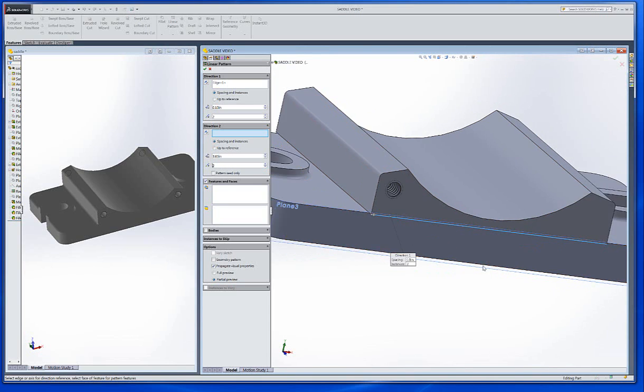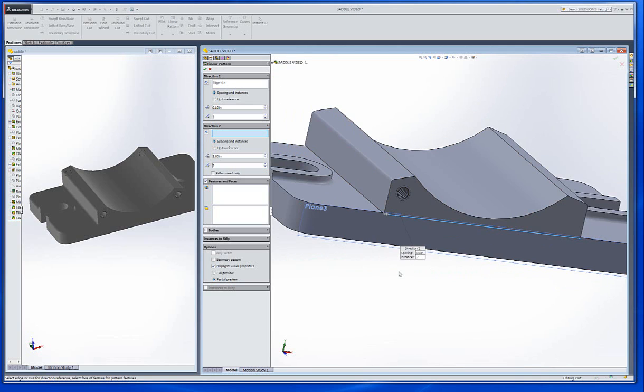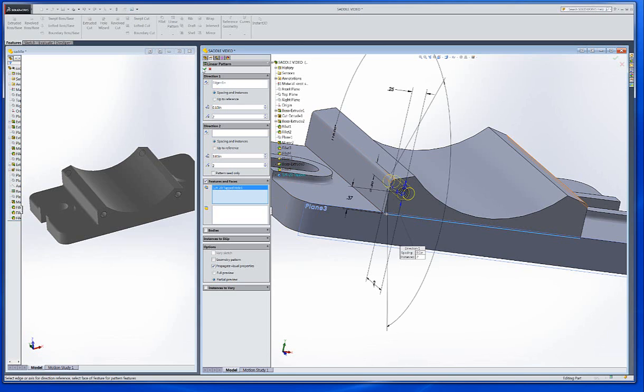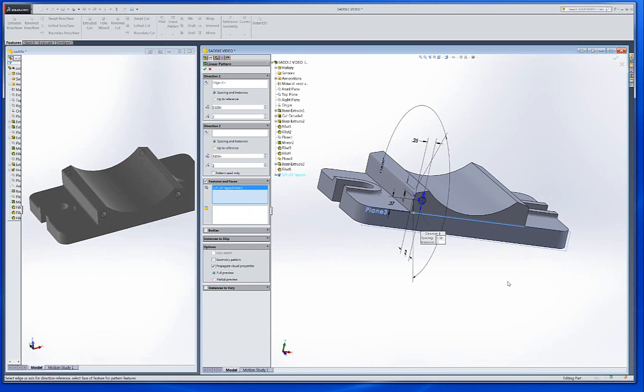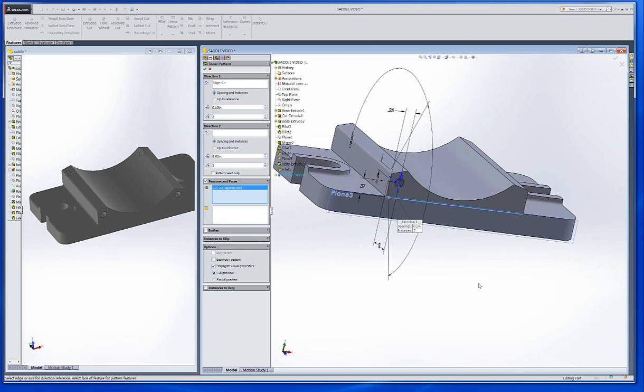Okay, and there you can see a line representing that, and you want 2 of them. Well, now we have to pick the feature, so we'll go down here and pick the features to pattern, and I'll expand out that storyboard again, and right there's my quarter 20, and I'll hit the check mark. Here's the full preview. Okay, now that should be showing,